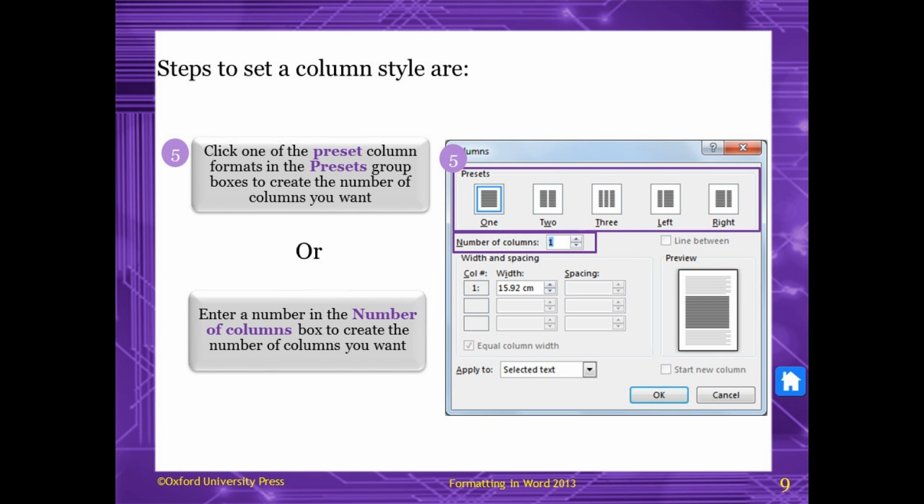This dialog box not only allows you to select or increase the number of columns, but it also gives you the options to specify the width of specific columns, and to apply those settings to the whole document or to a particular part of the document.